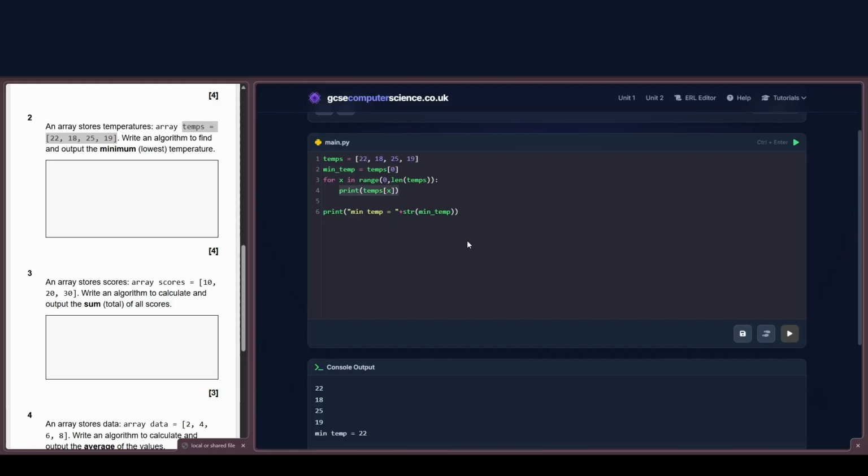So let's do that now. If, let's say, temps location X, it starts from 0, is less than min temp colon, indent. Remember, double indent. Now we're inside the if statement. If temps x is less than min temp, then we're going to